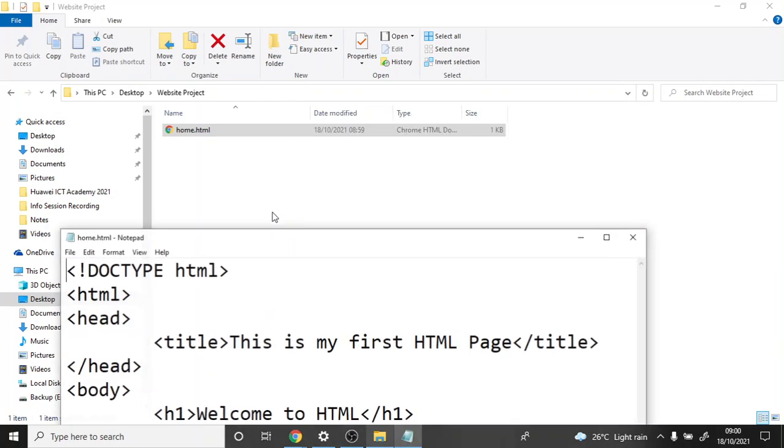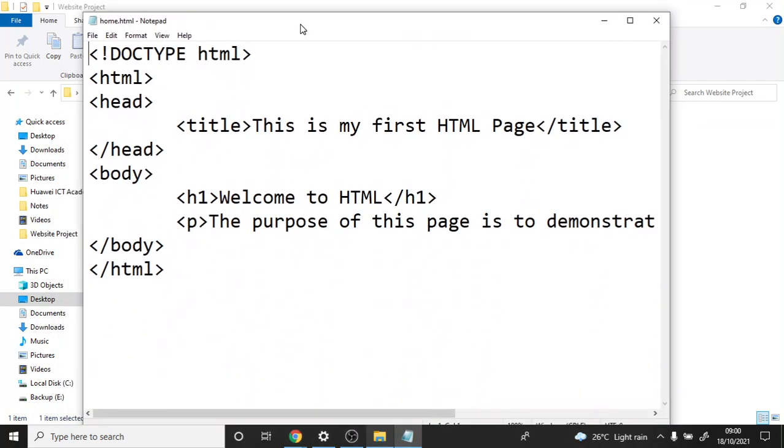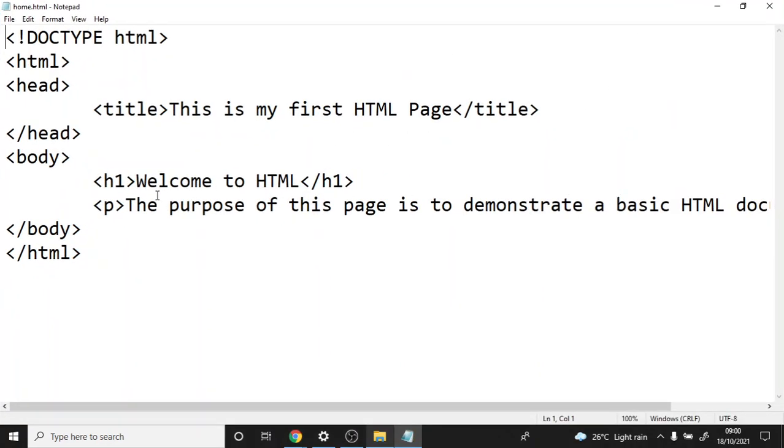If we do that, it's going to open up our file in the Notepad editor, and we can add to it. For example, I can use the inline element HR, which is horizontal rule, in order to create a horizontal line. So just like that. If we type HR like that, then I click on save,